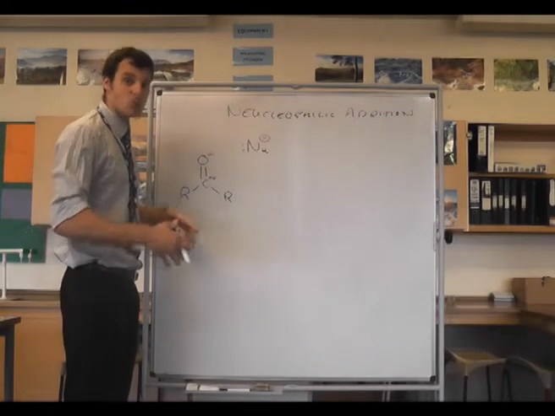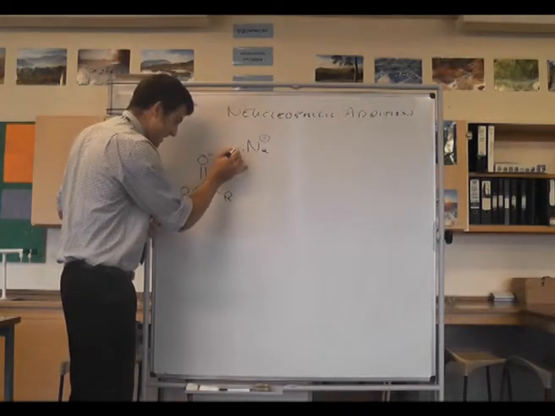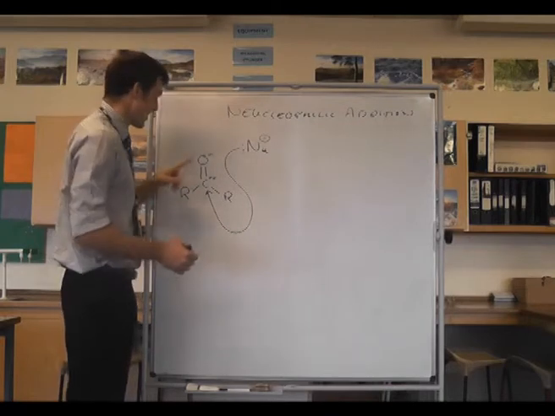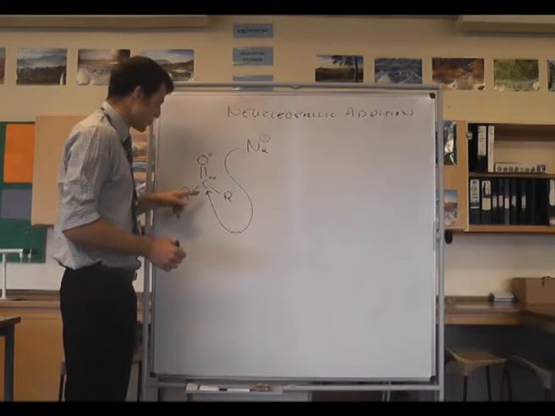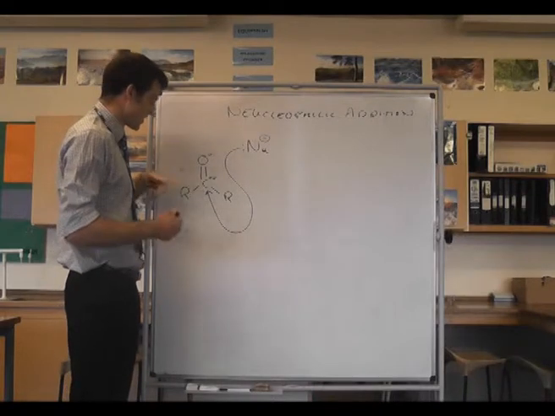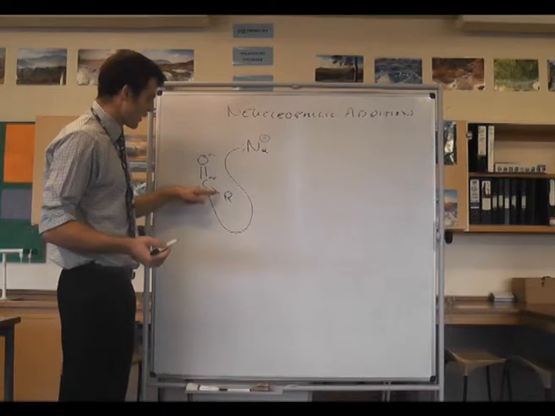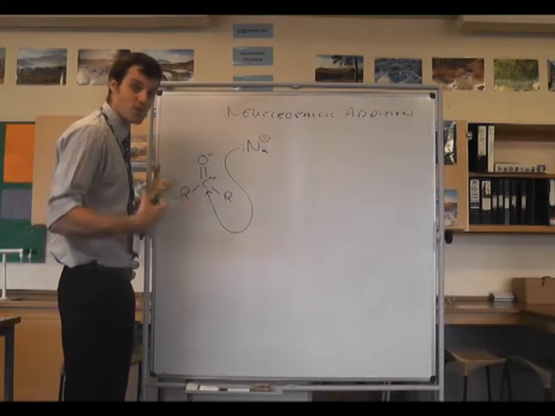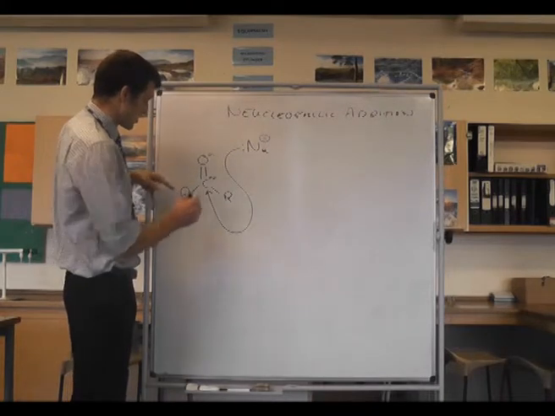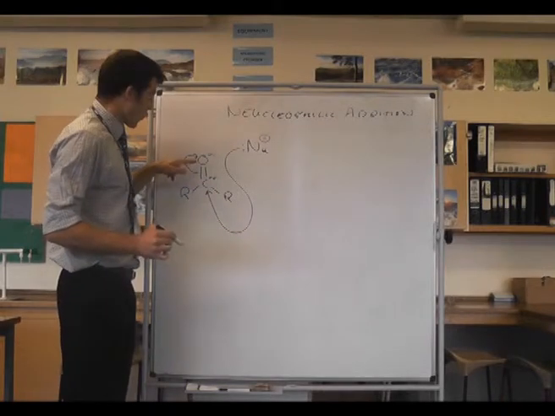Whenever we're doing arrows, we always talk about where the electrons are going. The electrons are starting here, and we have a curly arrow, and they attack a positive atom. Then they're going to make a bond between the nucleophile and that carbon. This carbon cannot have 5 things bonded to it, so one bond must break. The bond that breaks is this oxygen to carbon double bond,